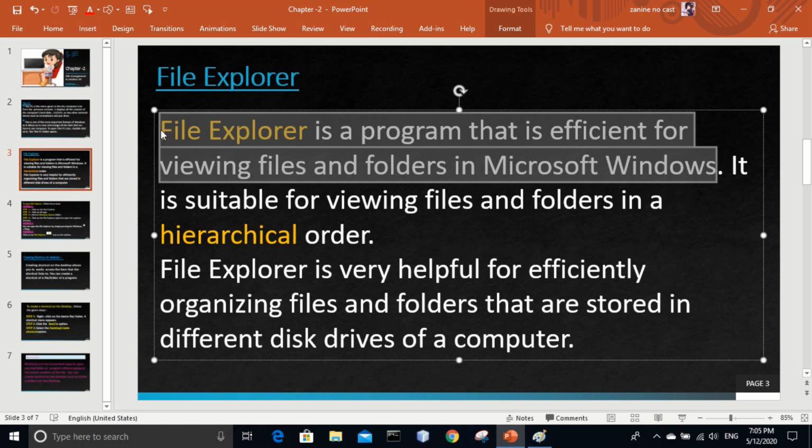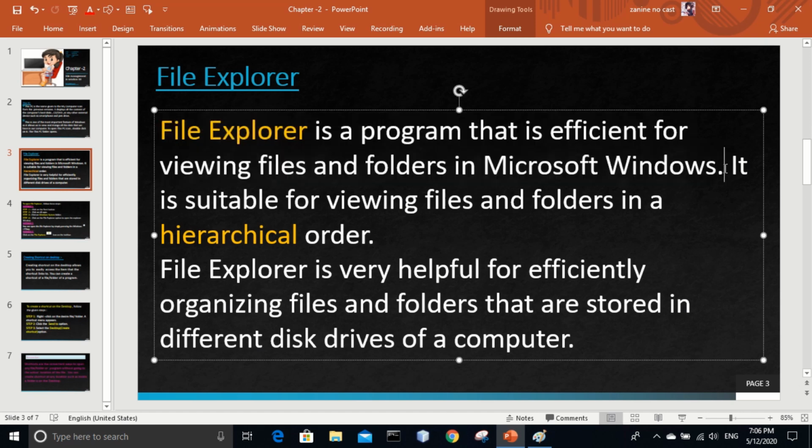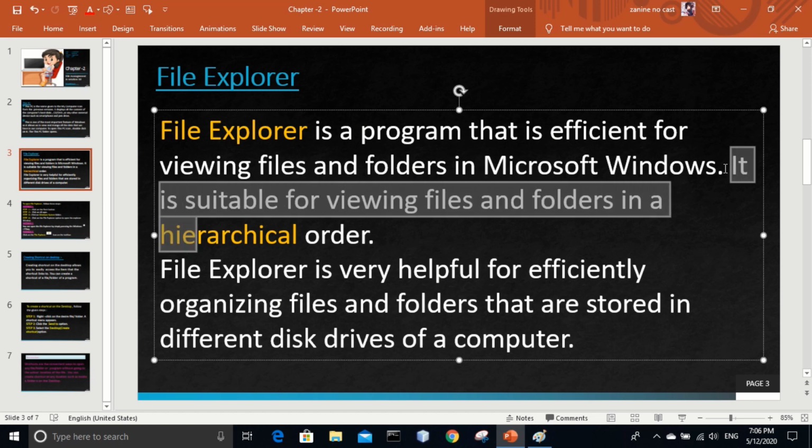File Explorer is a program for viewing files and folders in Microsoft Windows. When I show you practically, you will understand. It is suitable for viewing files and folders in a hierarchical order.